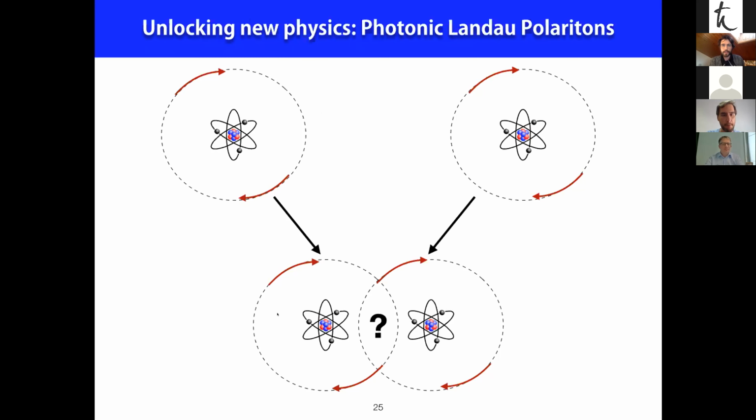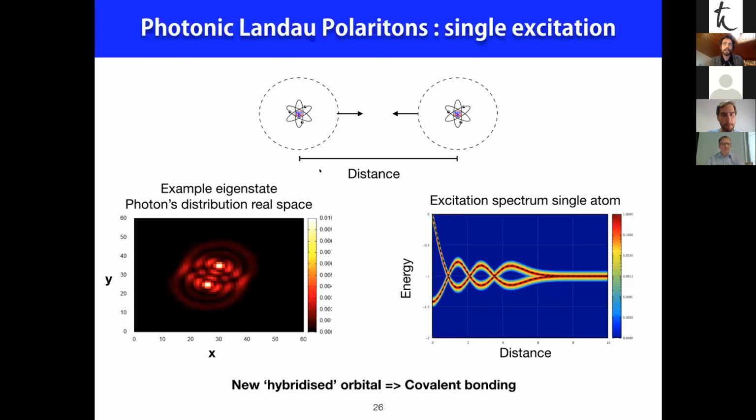But when their distance is similar to this magnetic length, then these orbitals will start to play together and overlap. And this is actually the case. If I take some simulation, then I can see that. So this is the energy